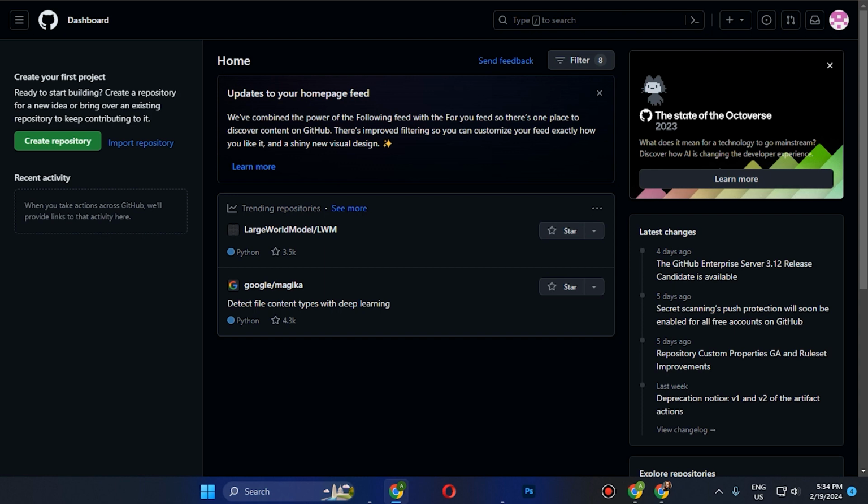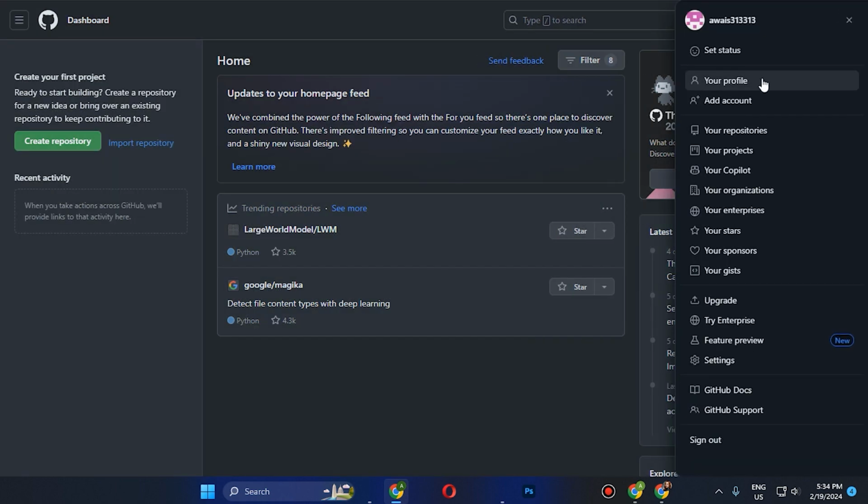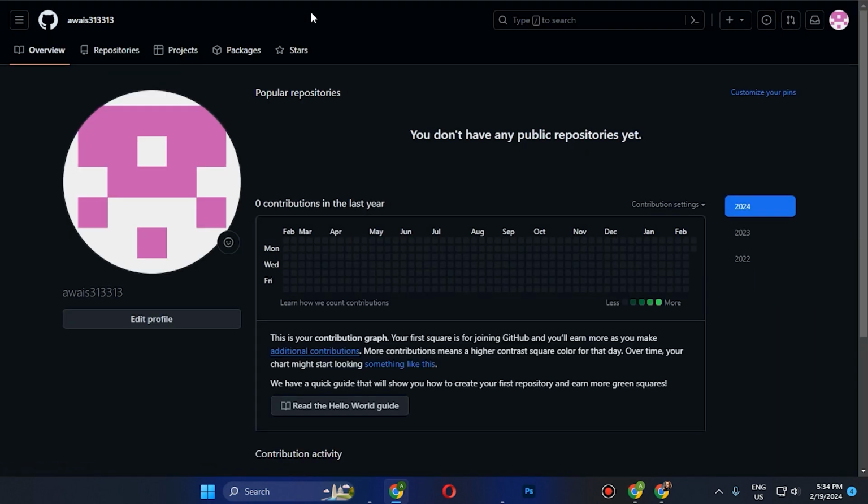First of all, you have to go and log in to your GitHub account. Once you are logged in, you have to click on this profile icon in the top right corner, and from here you have to go to your profile. Now once you are in your profile, what you have to do is simply copy this URL